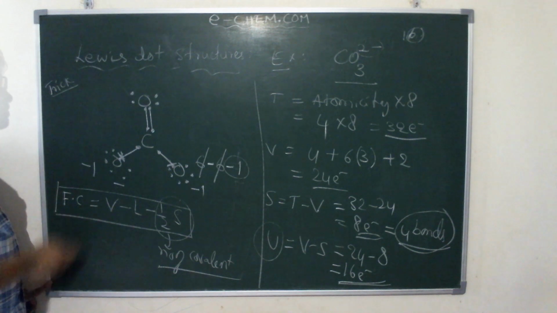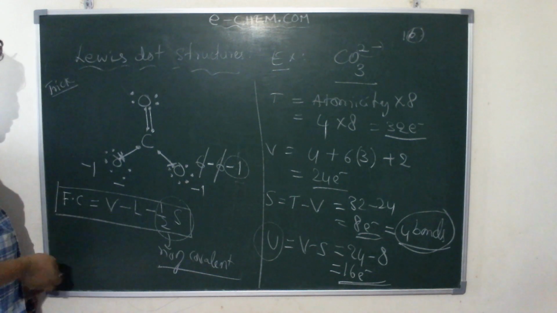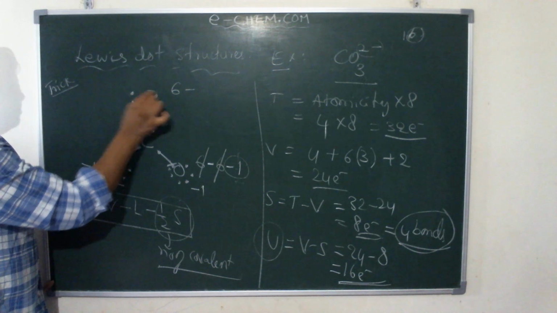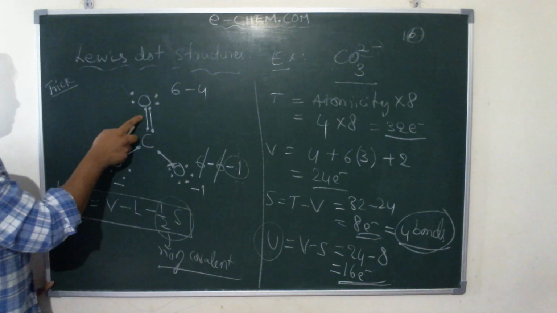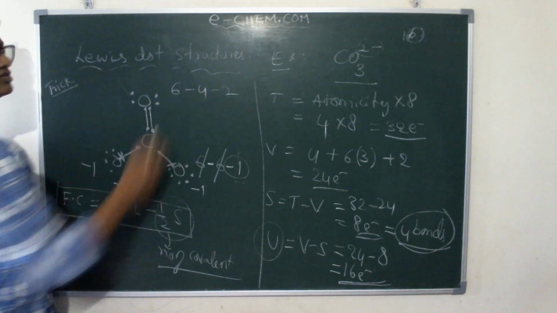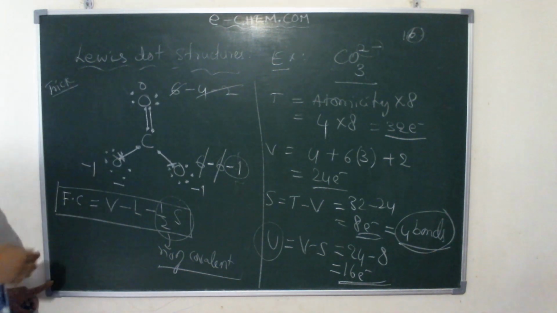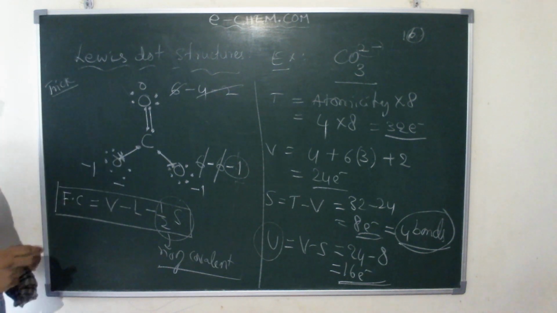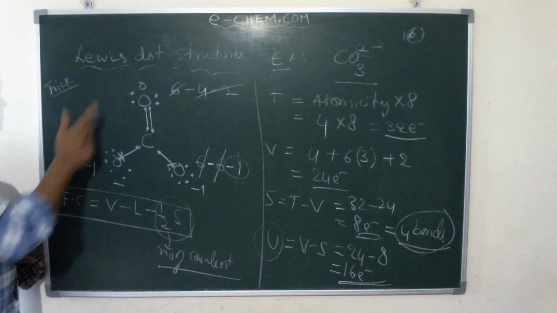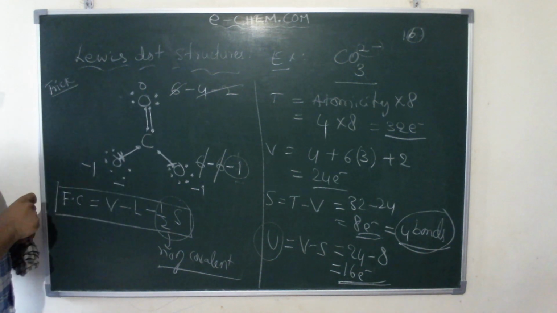If you calculate the formal charge for this oxygen, you will get 0. Let's see how. Valence electrons how many? 6, minus lone pair of electrons: 1, 2, 3, 4, so 4. Half S, the total number of bonds, is 2, a double bond, so minus 2. Everything is cancelled, so the charge on this oxygen will be 0. So this is a picture of the carbonate ion with the formal charges: minus 1 on this oxygen, minus 1 on this oxygen, 0 charge on this oxygen. By formal charge calculation also we come to know this.